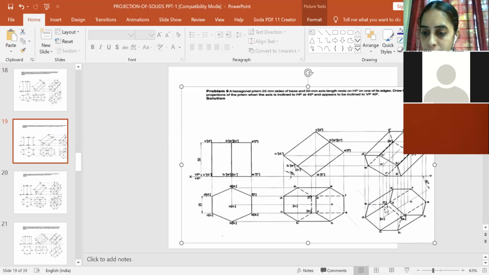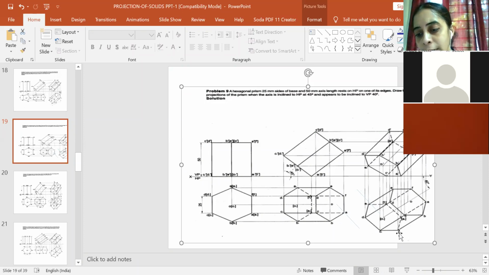So this is F1 dash. So the point through F1 dash and A dash is at the outer boundary. So this cannot be hidden, and again F dash is connected to E1 dash. This is at the outer boundary. This cannot be hidden, but you have one more projection from F1 dash to F dash which is inside the given solid prism, and as a result this will be hidden. Similarly, if you take it for A1 dash, the projection through A1 dash is across the outer boundary, so you cannot show the hidden part.